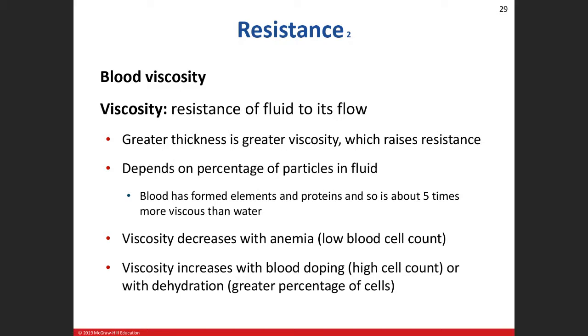All the stuff. Because what's the majority of our blood? Well, plasma, but what is the majority of plasma? Water. That's right. It's liquidy. That's what gives blood its nice liquidy portion. So if you're dehydrated, you're going to have less water in your plasma. Your blood will be a little bit thicker. But if you had, say, like blood doping is a perfect example, or if you went to go climb a mountain,